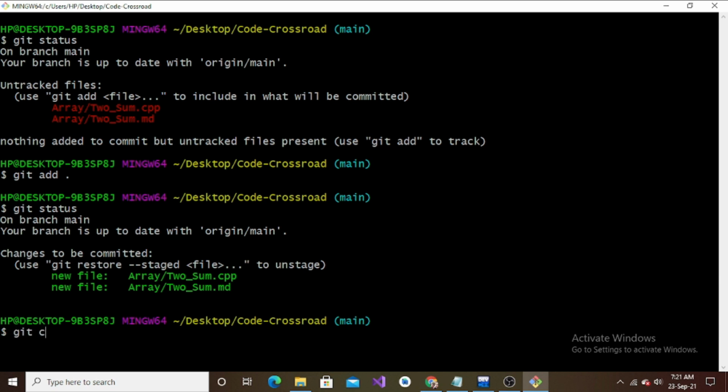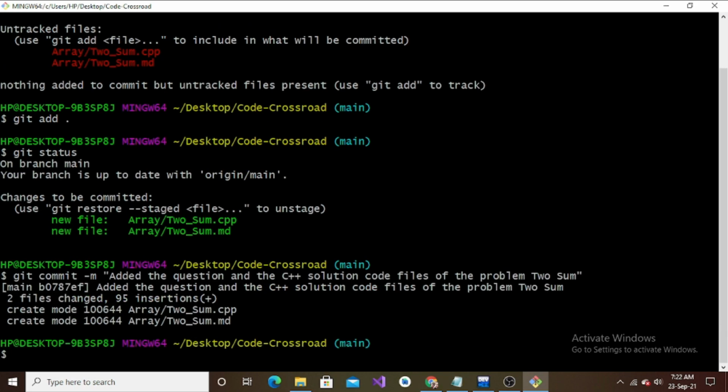I'm going to say git commit along with the message, and I'm going to type in the message: added the question and the C++ solution code files to the problem Twosum. With that done, it is finally committed.